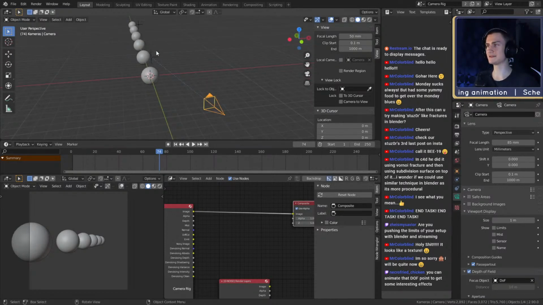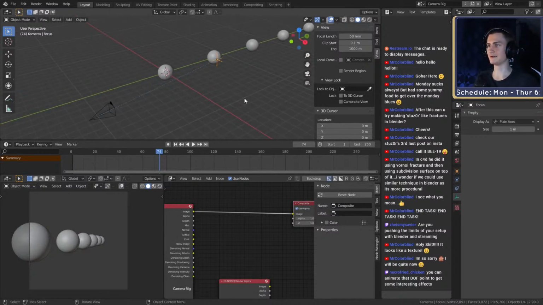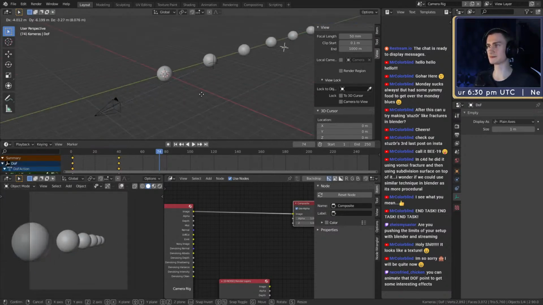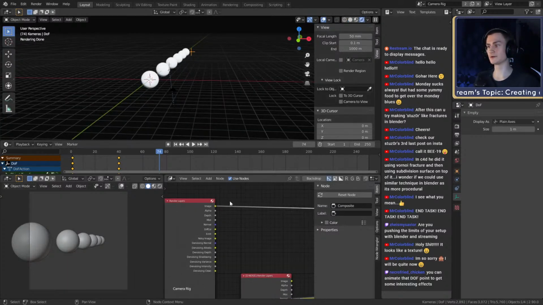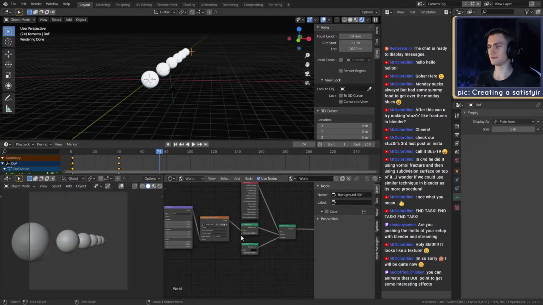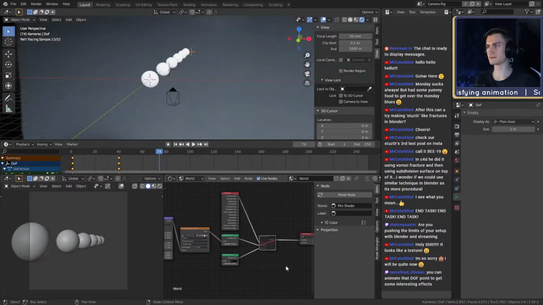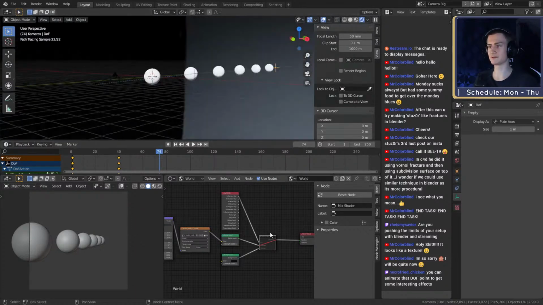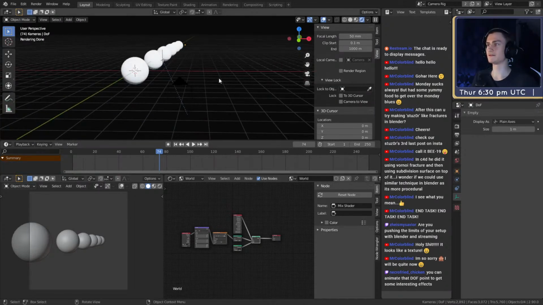First of all, an easy camera rig that is easy to set up. Everybody can basically do this, which just automates the whole process of moving your camera and setting the focus point. Then next up, the background world nodes. There we go. Having a different background: if you, for example, mute this, you can see the HDRI. We want to remove the HDRI and have our own background. So we just set this up, and you can see we have a different background color.